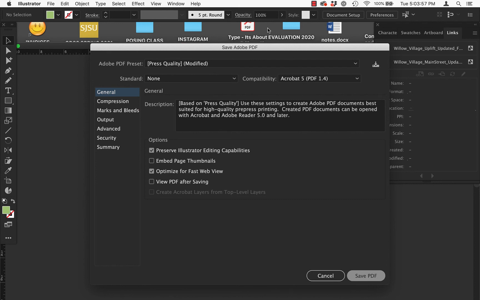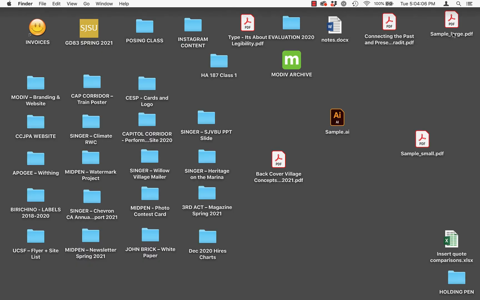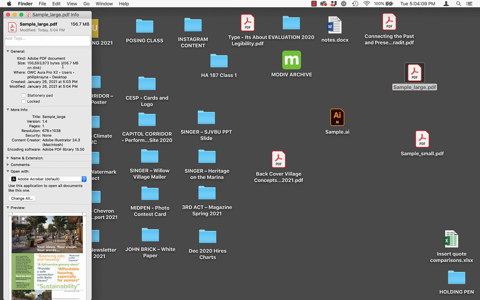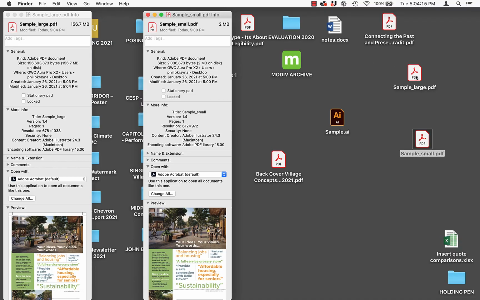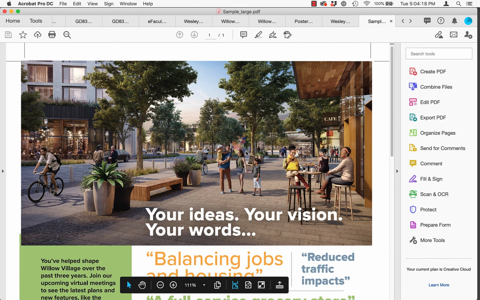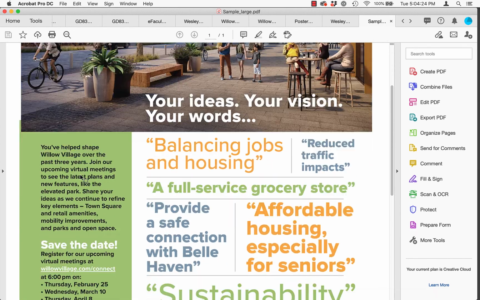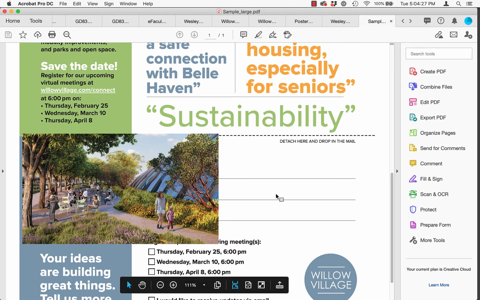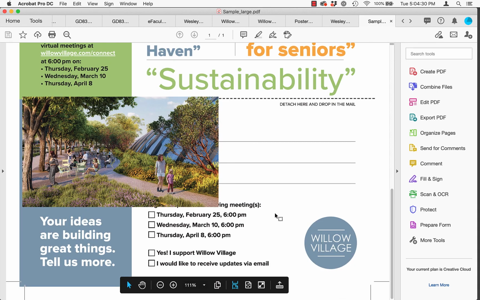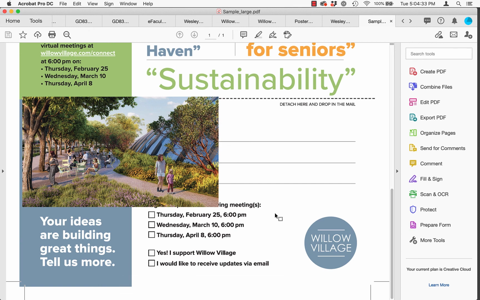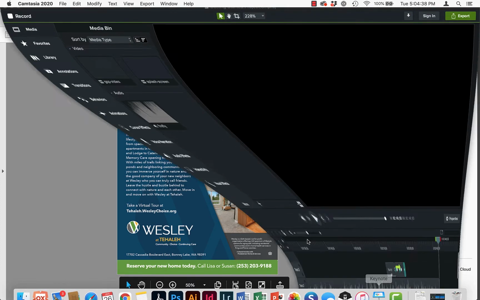and it's taking a long time because it's going to give me a huge, huge file. Okay, so let it think. Let's see how big this file was. This file is 856 megabytes. This file, the small one, is only 2 megabytes. That is a good thing because what that means is every image in here is embedded as a high-res image. Anybody with Illustrator can open this file and edit it and move things around if they need to. And so this is a good format to give somebody if you're sending it to a printer, for example. Okay, so that is a demo on how you do